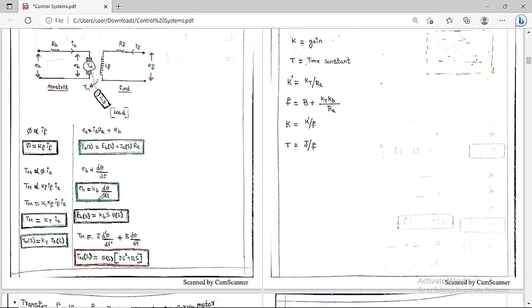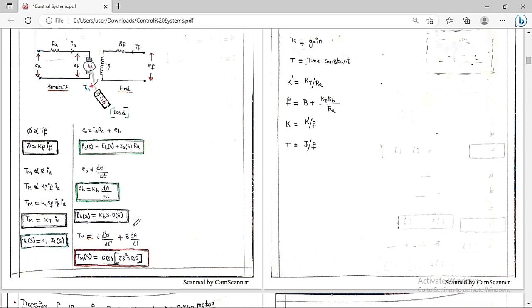Now, this is in the time domain. If I apply the Laplace transform, then I am going to get Eb(S) is equal to Kb into S into θ(S). So this is in the Laplace domain. Back EMF is always directly proportional to angular velocity, the rate of change of angular displacement, so Eb is proportional to dθ/dt, and to remove the proportionality we keep the constant Kb. So this is in the time domain, and by applying the Laplace transform we get Eb(S) is equal to Kb S into